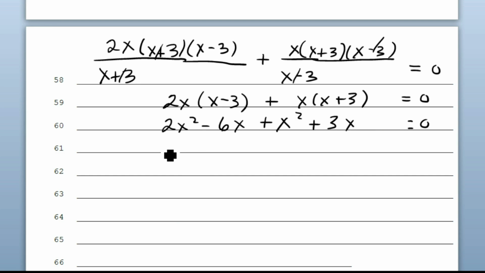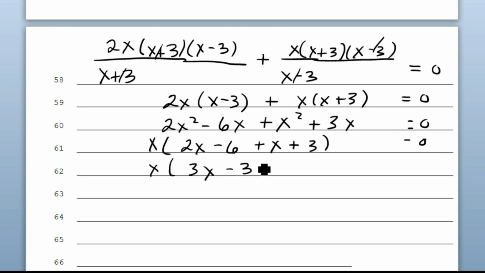And factor out an x from each term. You'll have x times 2x minus 6 plus x plus 3 equals 0. Simplify this in the parentheses. You'll have x times 3x minus 3